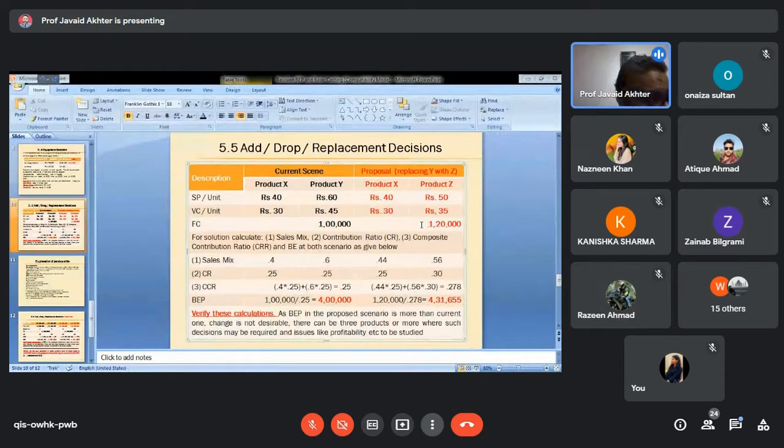You are making product under one roof. You are paying salary of chief manager, general manager. So he supervises X. He is also supervising Z. You are paying salary of the chowkidar, the security guard. So he is standing outside. Whether you make X or Y or Z, he is not bothered. So there are several things that you include in fixed costs which are common for both the products.